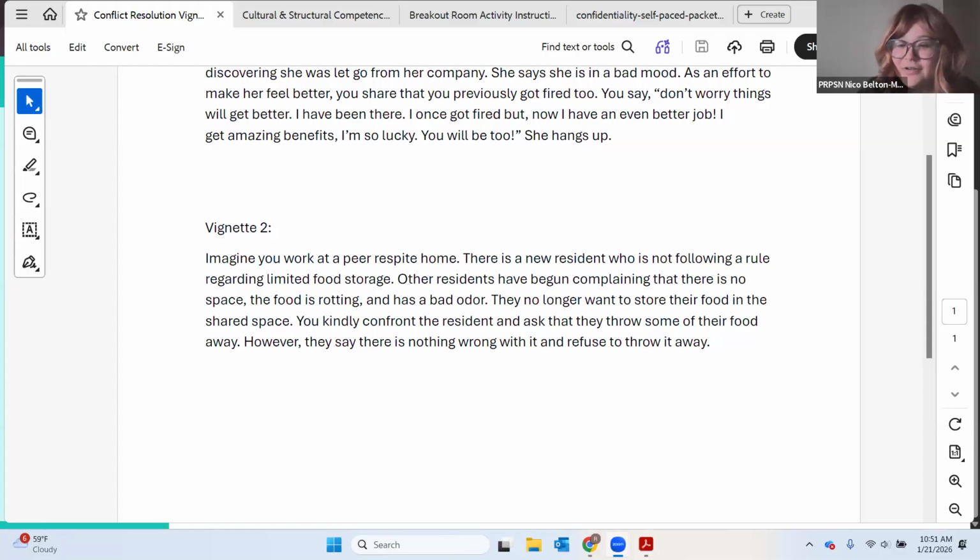But I think even asking her, right? Because when people have rotten food, maybe they come from a place of food insecurity, especially if they're in this home that houses them for a week. Why won't you throw it away? I know my grandmother grew up in times when they didn't have refrigerators, so she's like, oh, it's not so bad, right? Because it is different. And maybe just trying to understand her a little bit more, and even Renee's suggestion of an extra cooler, right? It would have been cost effective, and she could have had her food there and been separate from everyone else. I think that would have been a good solution.